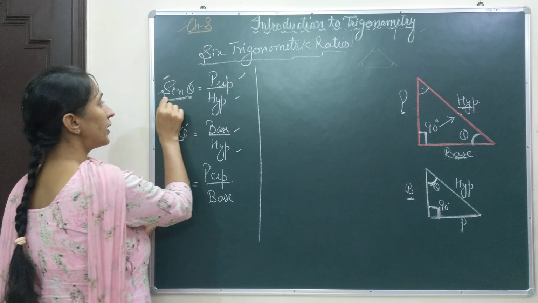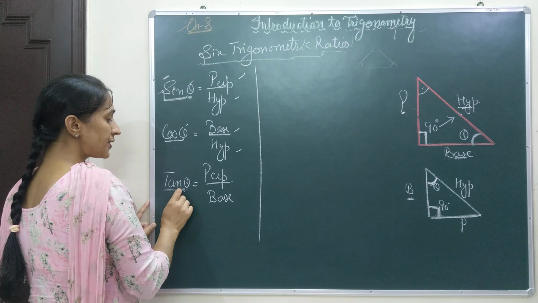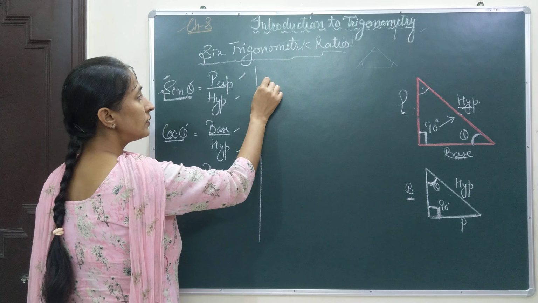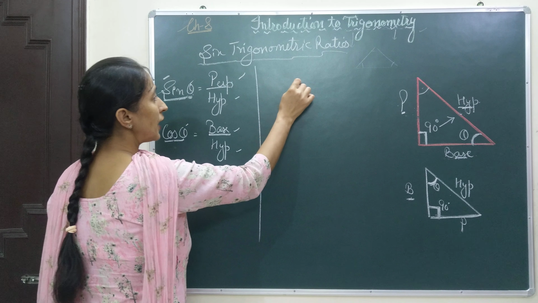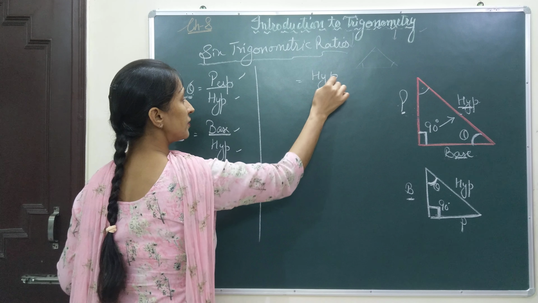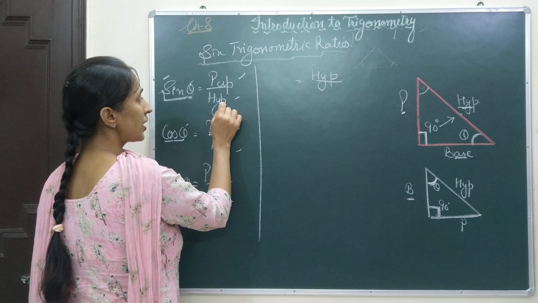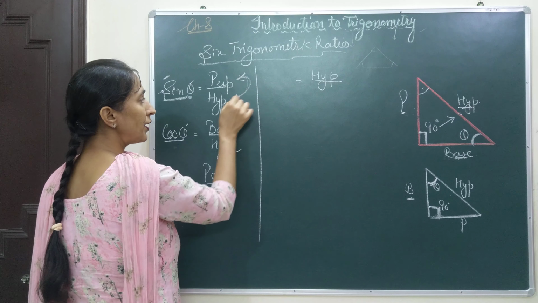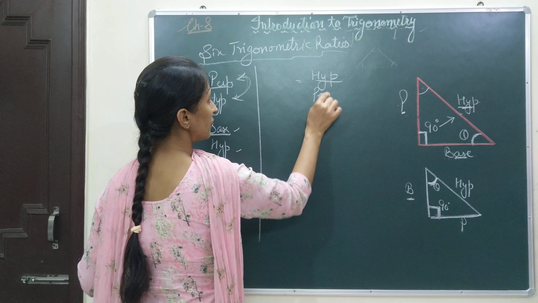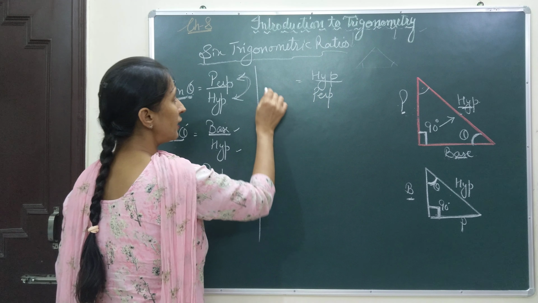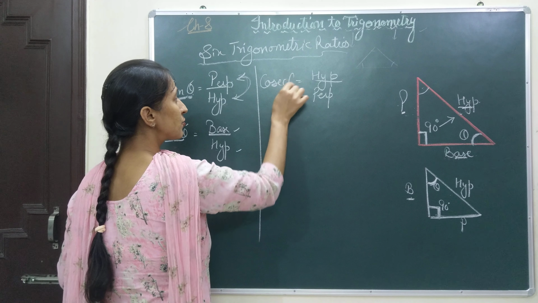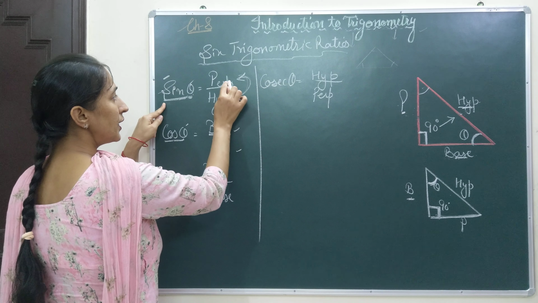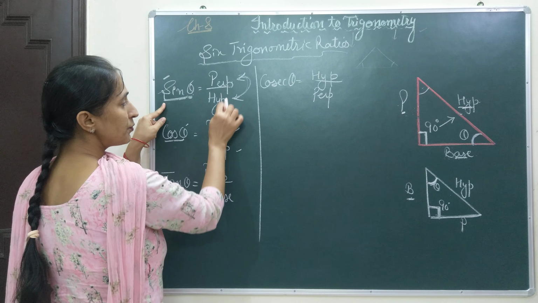Now, how to find the opposite ratios of these? If you have learned sin theta, cos theta and tan theta, then you can find another three ratios by using these. That means if you reciprocate perpendicular and hypotenuse, the hypotenuse shifts to the perpendicular's side, that means it comes in the numerator, and the perpendicular shifts to the denominator. Then you will write hypotenuse over perpendicular, and that will be named cosecant theta. The opposite of sine is cosecant theta. Here these two change their position.